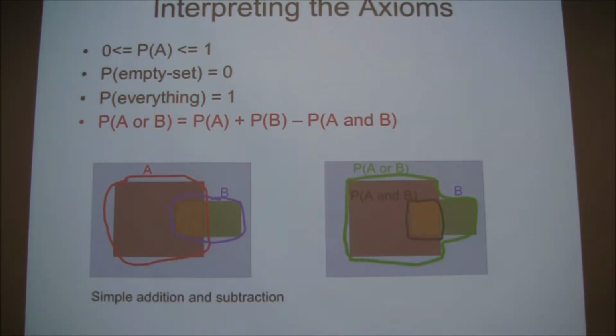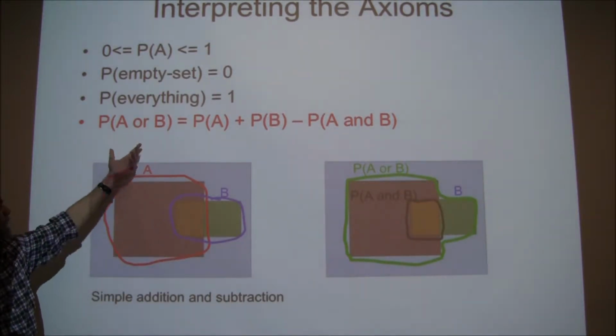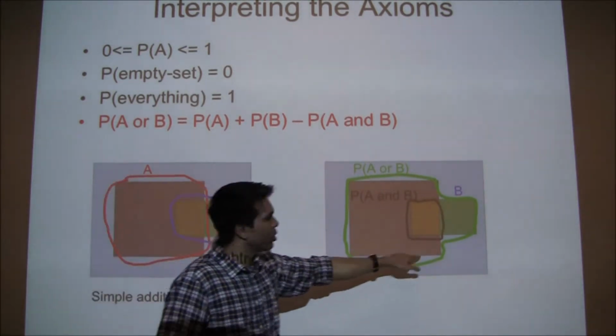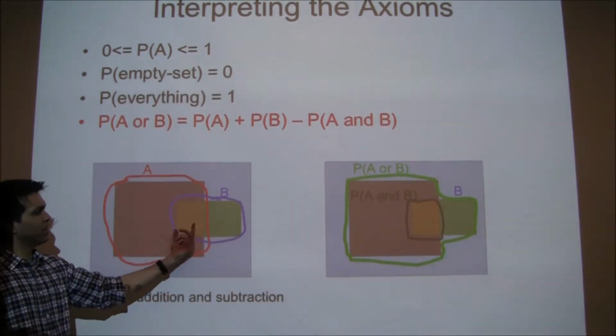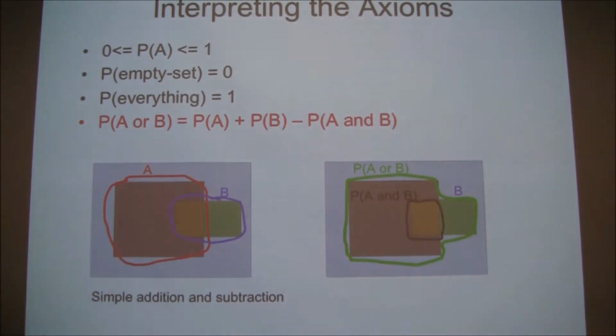And there's some system of algebra, right? In the set view of things, it's extremely intuitive. If you want the probability of A or B, which is the union, so if you want to calculate the area of this whole thing, you can calculate the area of this, and now you're overcounting this, and so you subtract that out, and that happens to be the probability of the intersection. Okay. It's extremely simple algebra of these things. Okay. So now that we've gotten that,